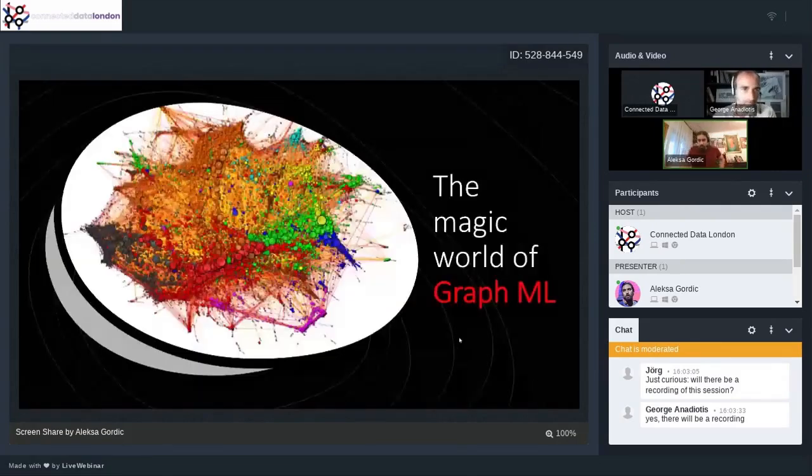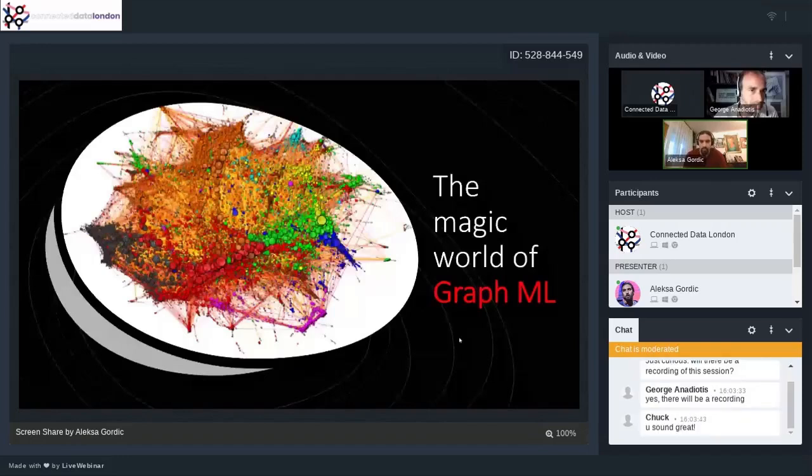So first of all, over the last year and 3-4 months, I've been intensively going through different subfields of machine learning. And one of those was GraphML. The reason I'm talking about GraphML today is because it's so exciting. There is a lot of hype in the community. You're probably already aware of it. Just looking at the metrics, the number of published papers in GraphML this year is even higher, I think, than GANs. I may be wrong on this one, but there is a lot of hype, and it's not without reason. There are a lot of exciting applications happening in GraphML currently.